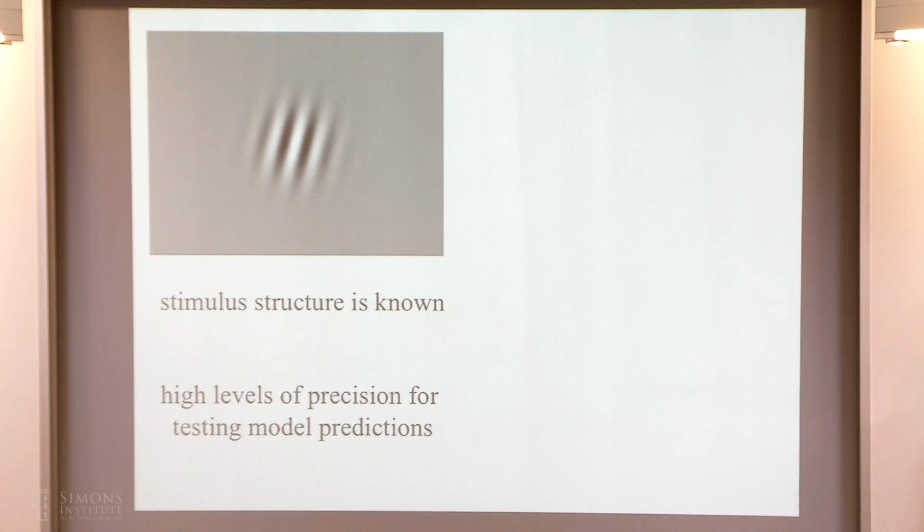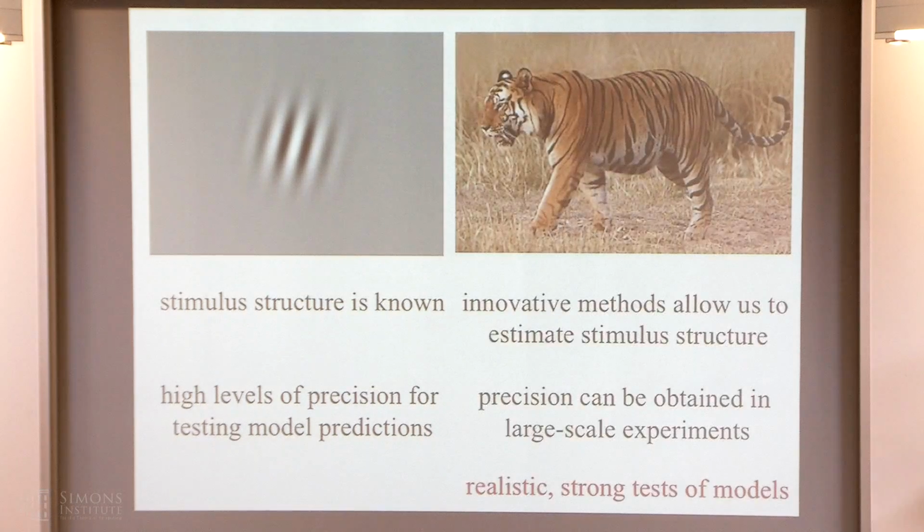They say, I'm going to understand how human categorization works, so now I'm going to go off and construct a very simple stimulus. The reason people do that is that it gives you knowledge of what the features are that people might be encoding, and as a consequence, a high level of precision for testing model predictions. But it's worth pointing out that this is a long way from cats and dogs. Cats and dogs are not simple stimuli that vary along just a few simple dimensions. And if you're making a decision about this striped stimulus, the nature of that decision-making process might be quite different than the decision you're making about this stimulus.